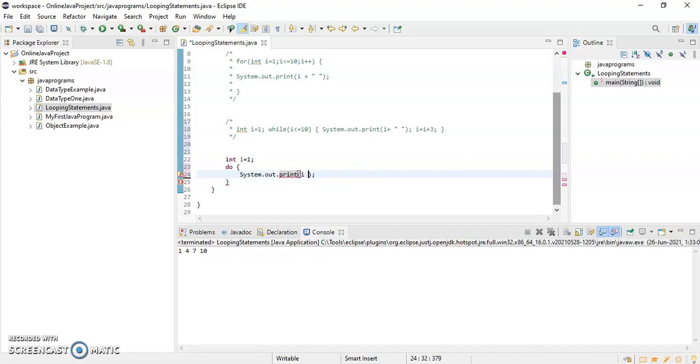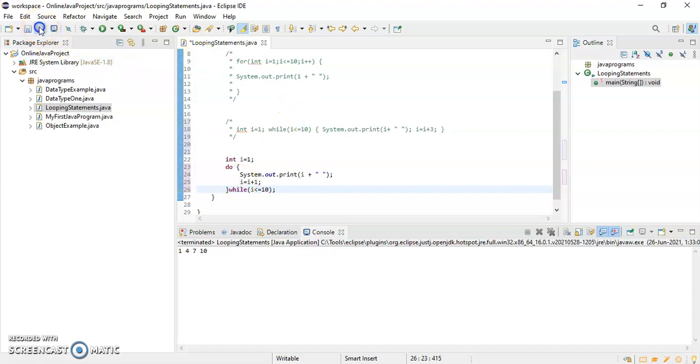Okay, i, and I'll give some space. Then I have to do i = i + 1, and the loop will continue while i is less than or equal to 10.